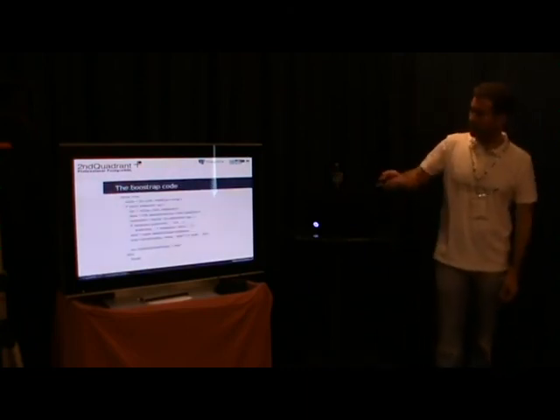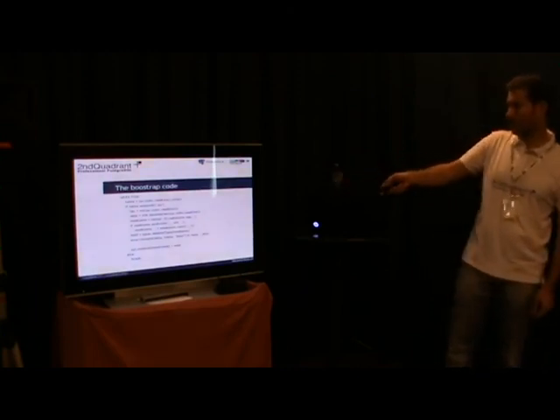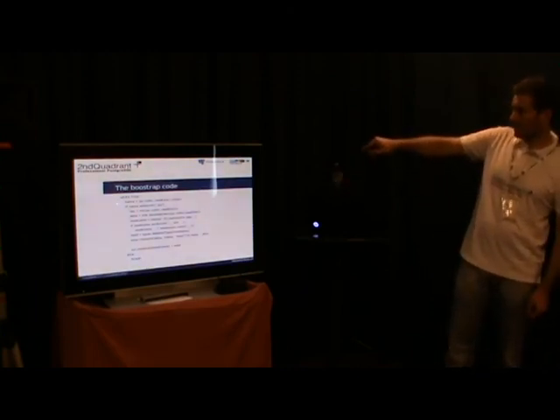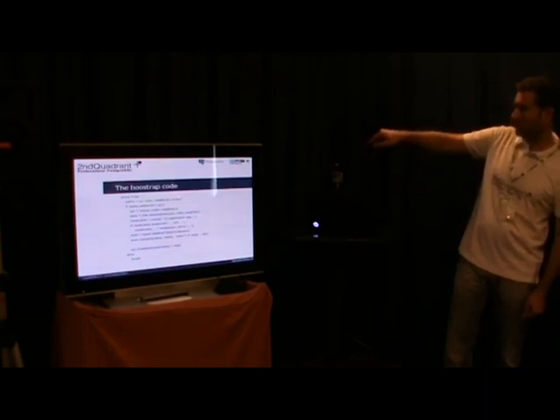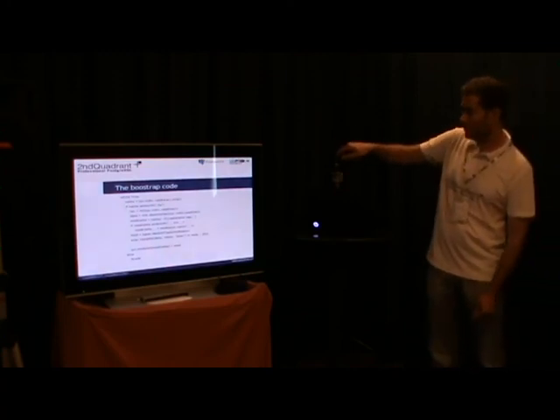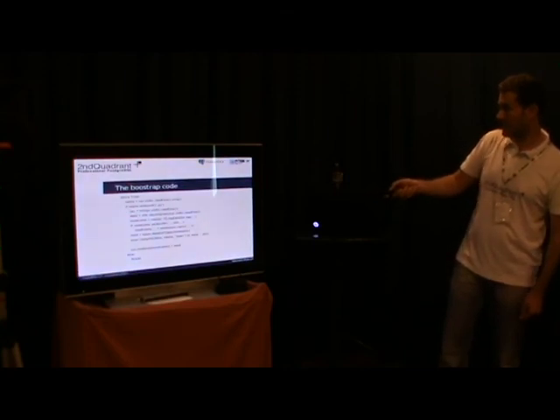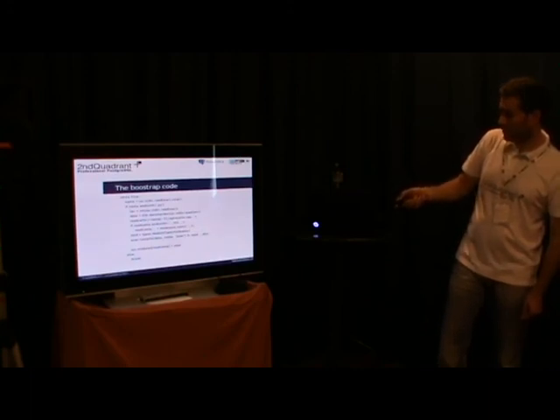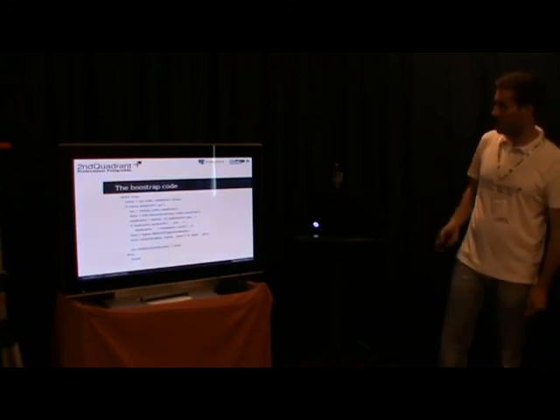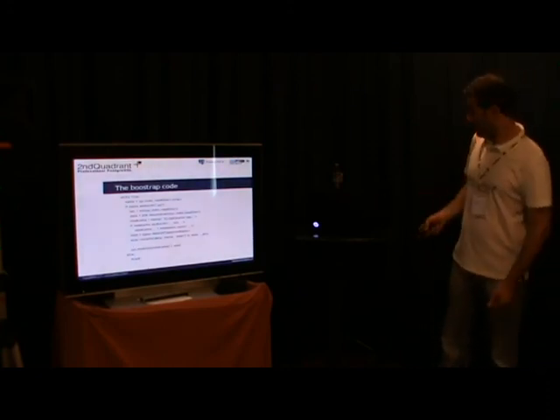This is the bootstrap code. It is also very simple. It reads the module name, strips the .py extension, reads the name, the size, decompresses the code, compiles it, and loads it in the sys.modules array. That's all.